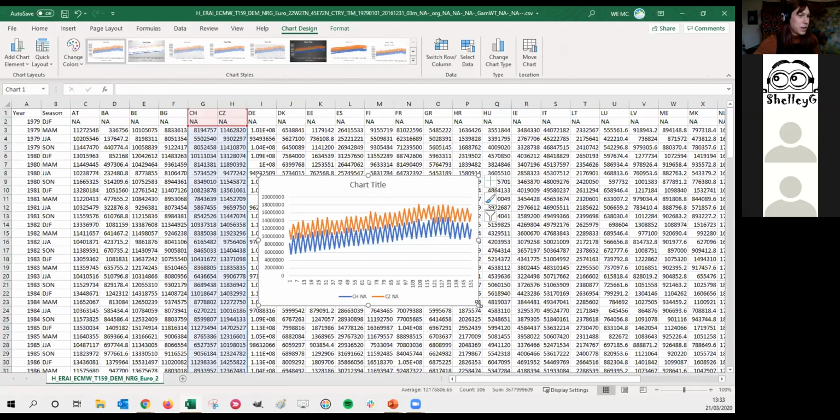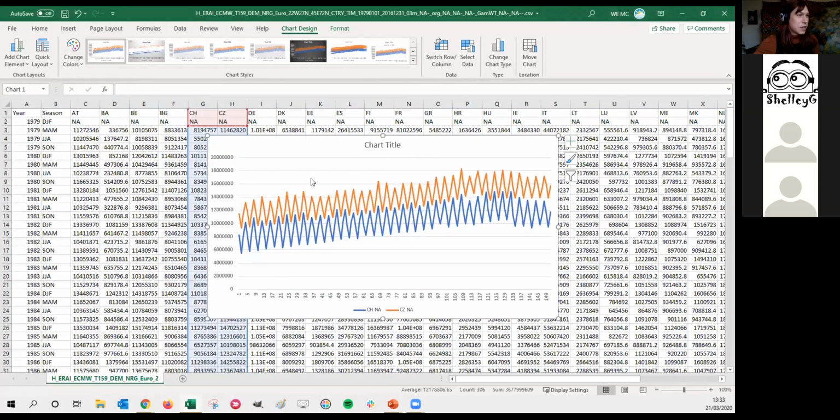So I can actually compare the two countries in that way. So you can see, but we hope that in future you'll be able to do that on the tool, that you can actually select more than one country and it will display more than one country on the graph. So you can compare them on the tool itself. But for the time being, you can certainly download the data, and so you see Switzerland's in blue,